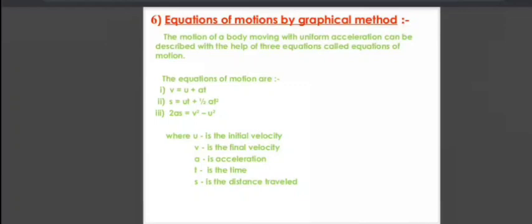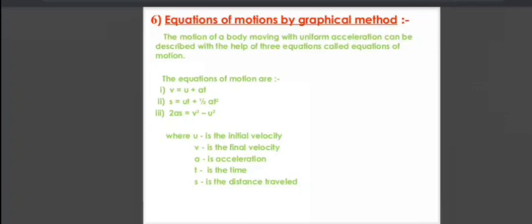Now there are three major equations which you have to study. These are called kinematical equations. They will help you to solve numericals. First is v = u + at. Second is s = ut + ½at². And the third is v² = u² + 2as. U is called the initial velocity, V is the final velocity, A is the acceleration, and T is the time. S is not speed. S is the distance or displacement or position.